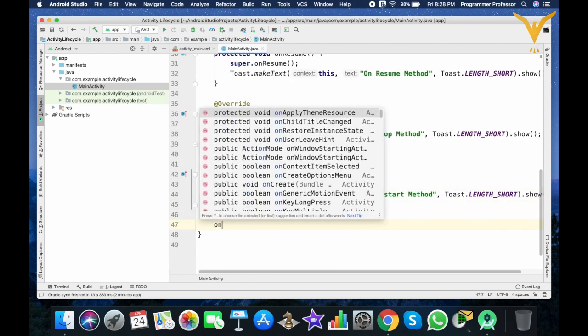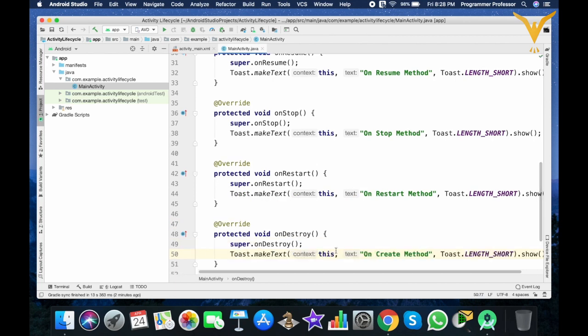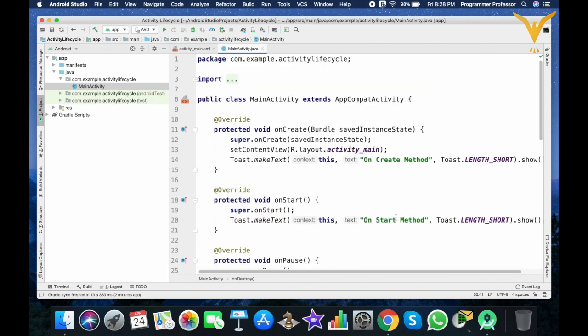And then onDestroy method. Now let's run this so that you will get the complete idea.